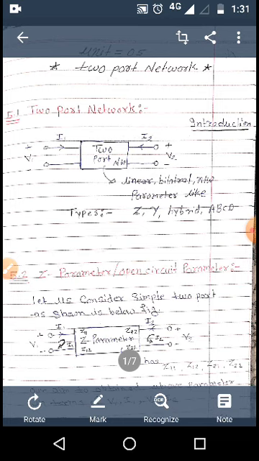So first let us consider a simple two-port network as shown in the figure below. In this figure, one side is considered one port. It means the right side is one port and the left side is another port. Here the right side has V1 voltage and I1 current, and the left side has V2 voltage and I2 current, as shown in this figure. Between the input and output ports there are some parameters, which are considered Z parameters.